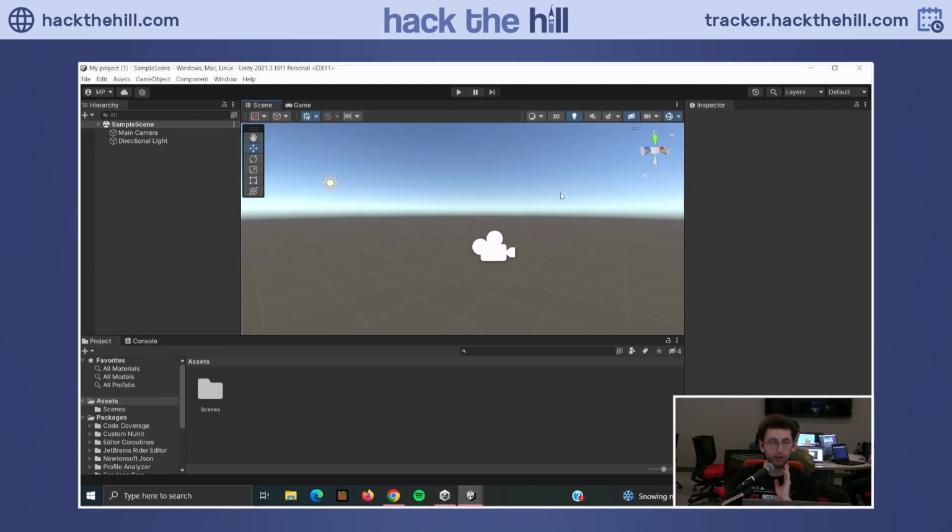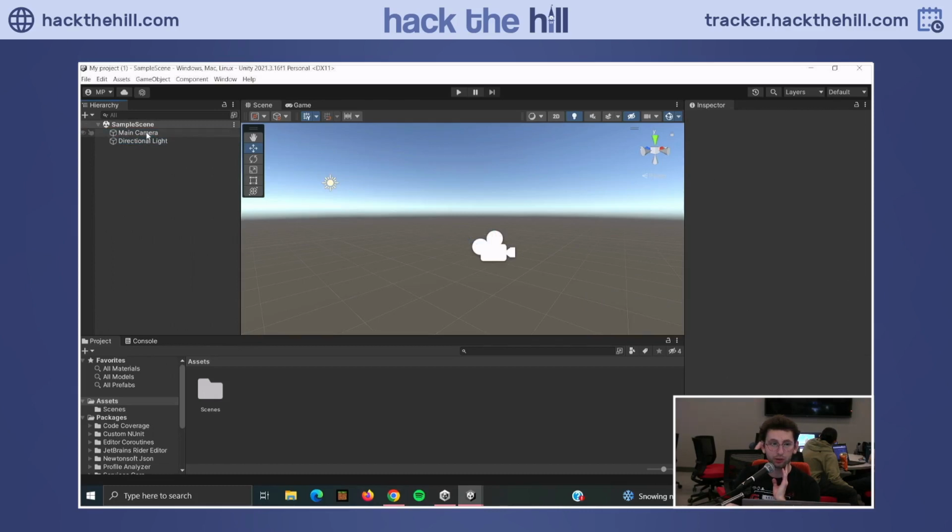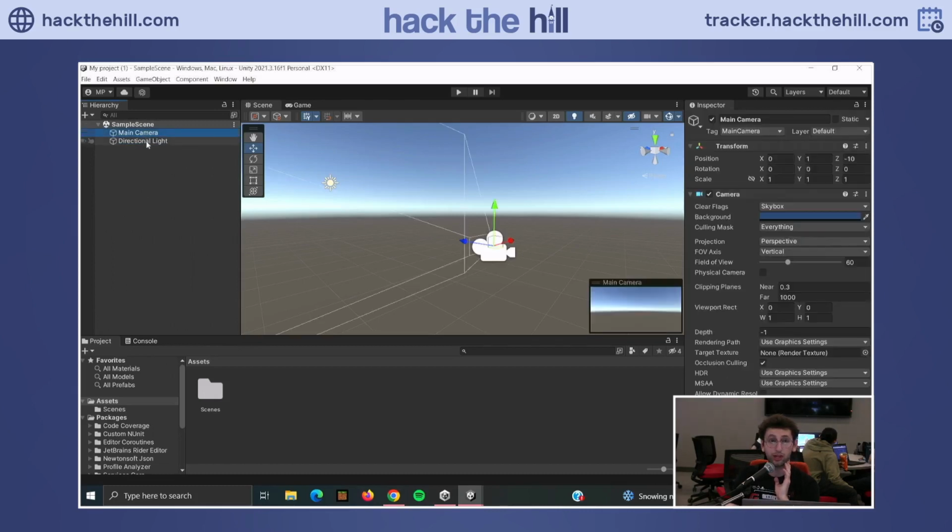So now let's take a look over here at our hierarchy. What this box here contains is objects that exist within our scene. Each of these entries in the hierarchy corresponds to one object in the Unity scene view. So as you can see, under our sample scene here, we have our main camera, which